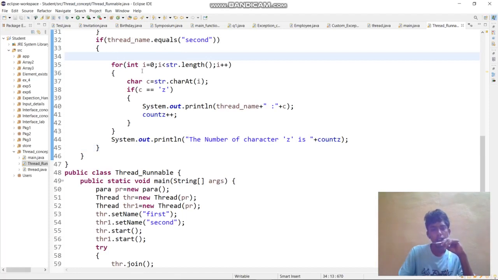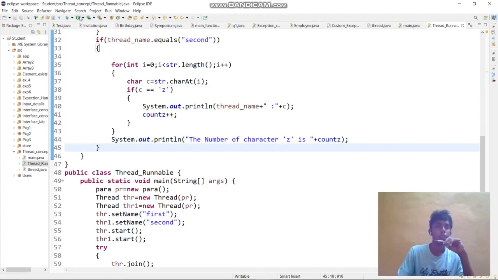In this case it is not matching, since Z is not there in the string, so it will come outside and simply print the Z count. Initially it has 0, so it will print 0. If Z is there, it will go inside and print how many Z's there are.